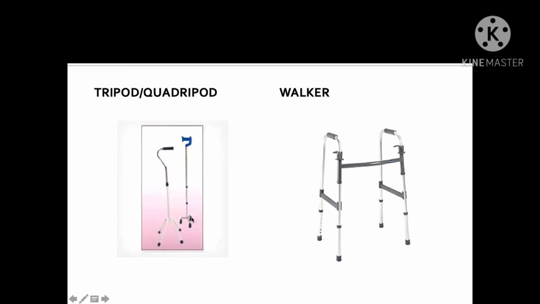Basically what happens with a tripod and quadripod, you are increasing the base of support. But on the flip side, you also got to consider that your movement could be restricted because this can come in the way when you are walking. So if you really want to walk fast, then the cane is always a better option. But this requires more stability and of course the weight may also slightly increase.